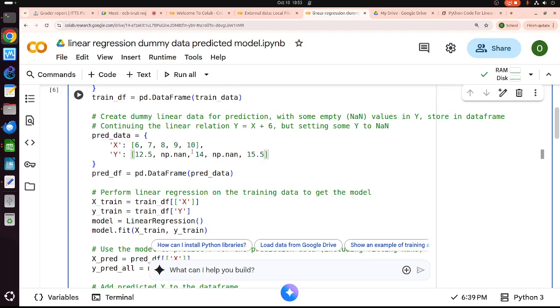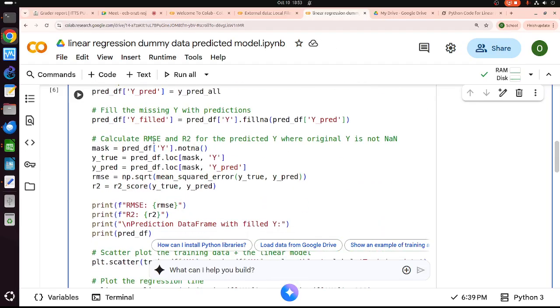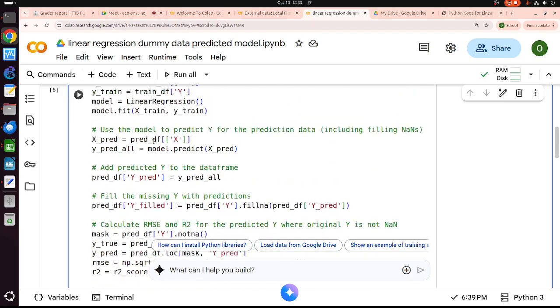So I change it a little bit, so the prediction data is not perfectly aligned with the model, and then I want to print the